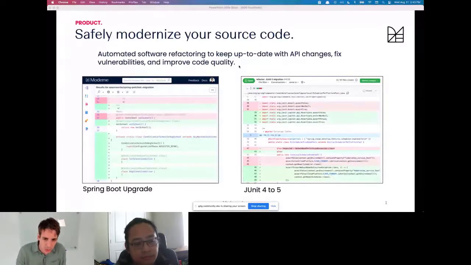So we would ask folks, what would it take for you to actually move forward? And we kept hearing the same answer. If you do it for me, I'm happy to accept the change. But otherwise, I've got other things to do. So that's the real genesis of OpenRewrite: take that literally. Let's do it for them.